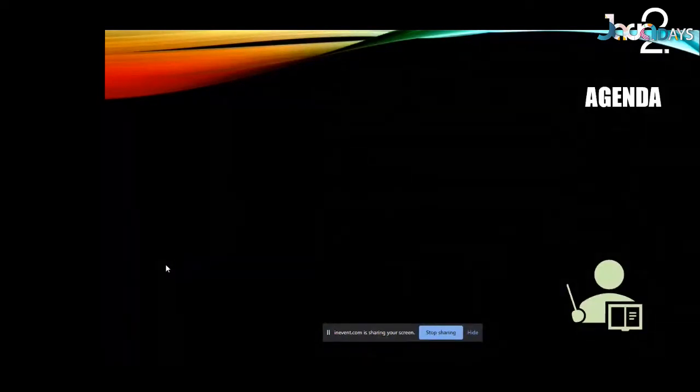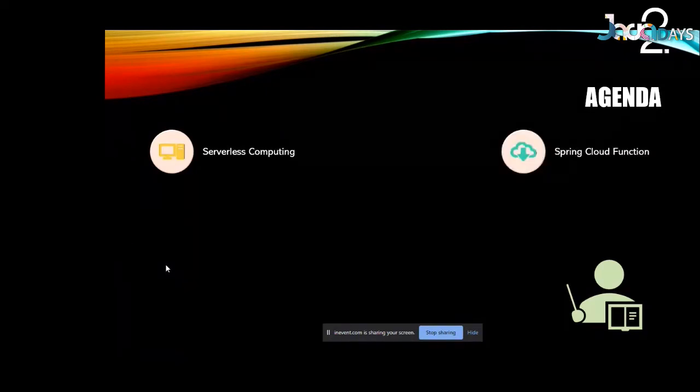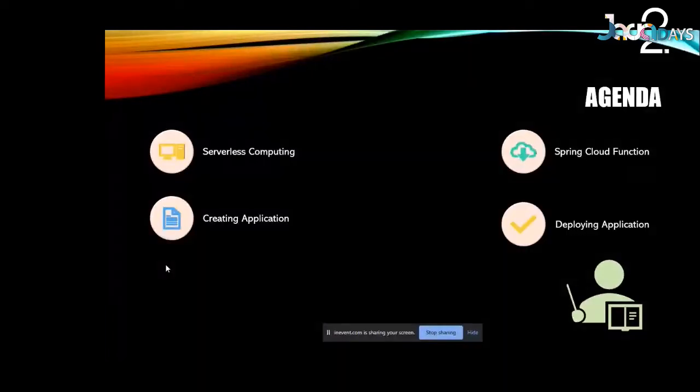Now, let me quickly go through what we are going to cover. First of all, we will start with the importance of serverless computing. We'll try to understand why serverless computing and what serverless computing is. Then we'll see what the role of Spring Cloud Function is in this, and how it came along with Spring serverless computing. These are the only two theoretical parts, and then we'll quickly move towards creating the application and deploying it on AWS. I will make the URL public so that all of you can hit the application and test whether it is working fine or not. So let's proceed.